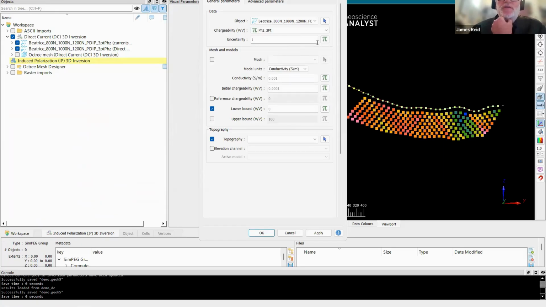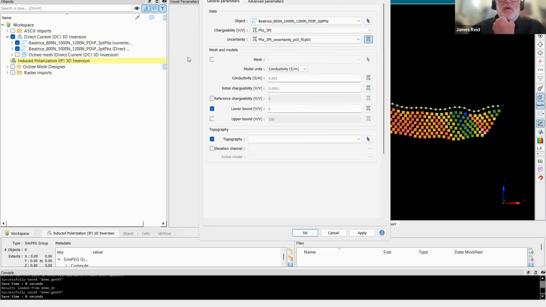So the 3-point phase, our uncertainty is that uncertainty we created on the phase data. The mesh now, we don't want to choose the original Octree mesh we made. We want to choose the one output by the 3D resistivity inversion because we need that resistivity model that we got from the resistivity inversion. So I've chosen that second Octree mesh. You can see that it was named